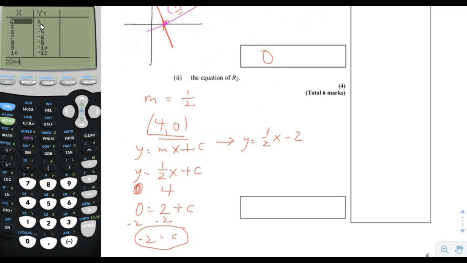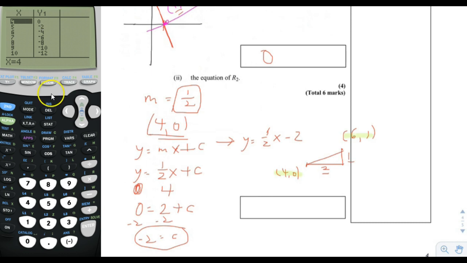The other way you could figure that out is you could draw a little sketch, and you know that one of the points is (4, 0), for example. Then you could find one more point on the line by making a little triangle with a rise of 1 and a run of 2. So you could make a triangle that is 2 to the right and 1 up. And you know that the second point here would be (6, 1), because I add 2 to the x-coordinate and I add 1 to the y-coordinate, so I get (6, 1). Now that I have two